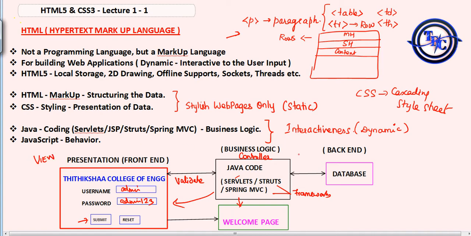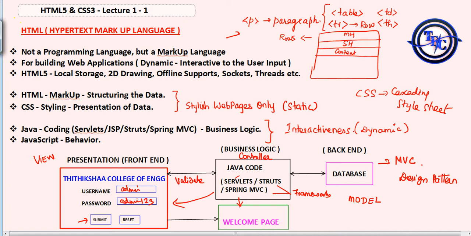So all the data is stored here. It can be accessed, it can be manipulated. This model is nothing but the database, and this is nothing but the controller. So this is called the MVC design pattern. It's a software design pattern. You have a lot of design patterns, and one of the software design patterns used by many is the MVC pattern, model view controller.